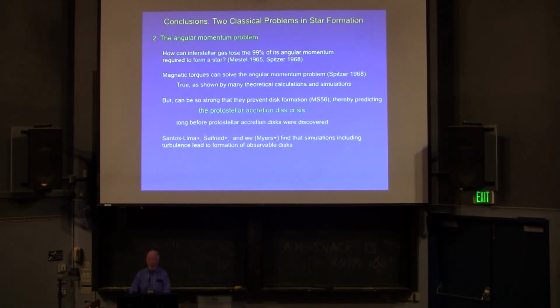Then I cited several simulations that show that if you include turbulence, then you can get the formation of observable disks. And so this reconnection diffusion that Lazarian has been pushing is a plausible but as yet unproven explanation. I should say that Hennebelle, I don't think, believes it. I think he focuses mostly on the misalignment. And I know that Seifried and their collaborators also don't believe it. So this still needs more work to be done, which we're in the process of doing, as I'm sure they are also. So ideal MHD is not ideal in a turbulent medium. Thank you.